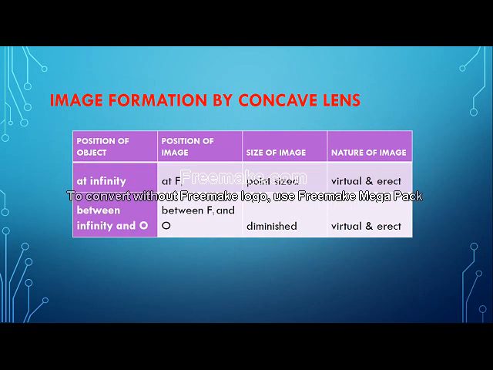Images that are formed by the concave lens. Now, children, always remember concave lenses are diverging lenses. It means the incident rays, once they get refracted, do not meet at the focus point. In fact, they get diverged. So in case of a concave lens, we find that the images which are formed are virtual and usually erect, and the size of the image is usually very small.